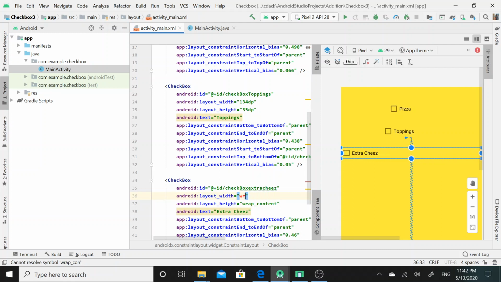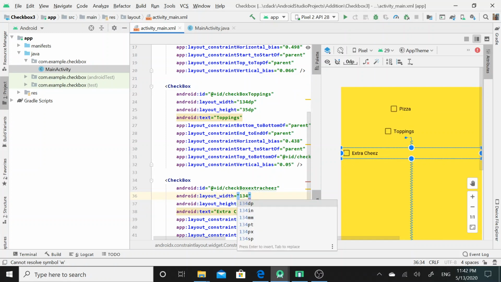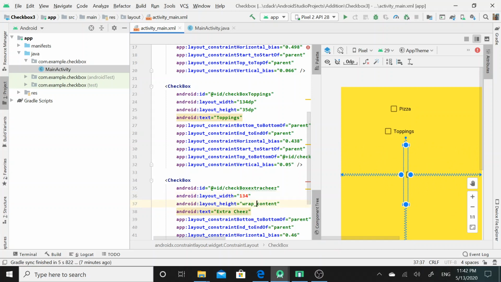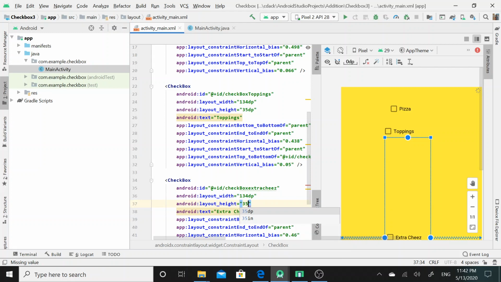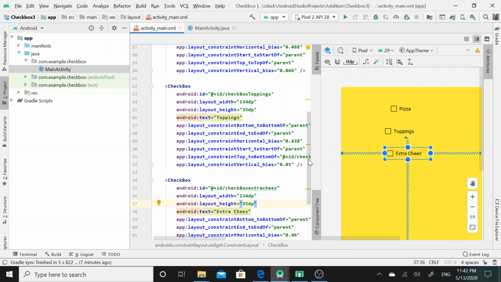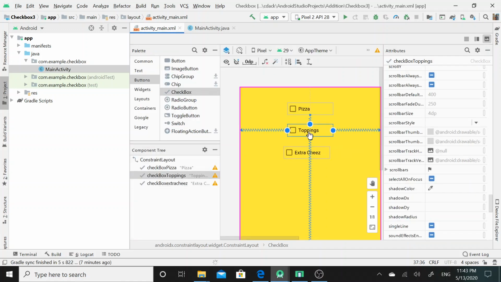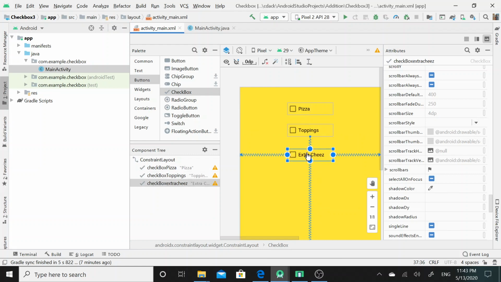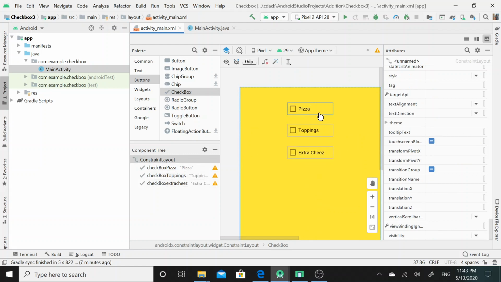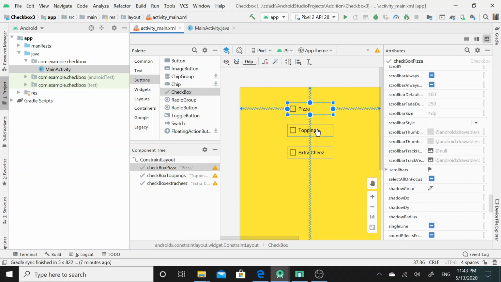I will set here the width of the checkbox as 134 dp and the height as 35 dp. Now I would switch again back to the design mode. In this way, the height and width of all three checkboxes now are similar.